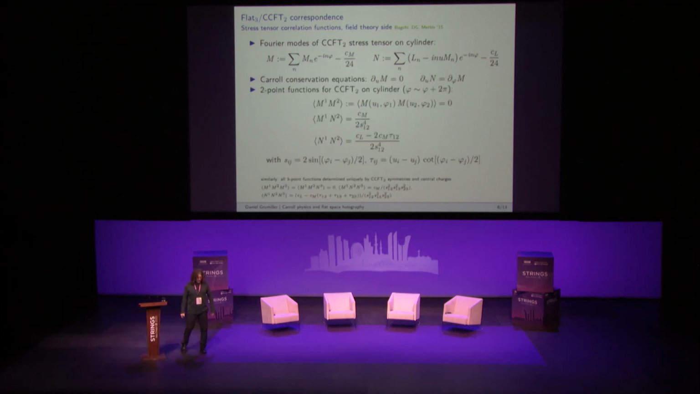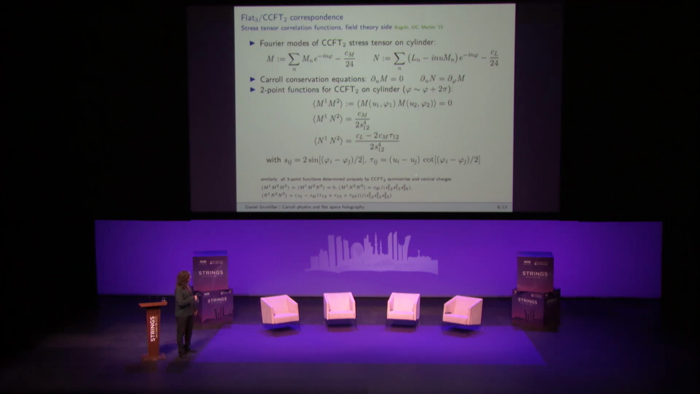Now, as a consequence of these Carroll conformal Ward identities, you get these results for the 2-point functions on the cylinder. So 2 super translations give a vanishing correlation function. By M_1, I just mean M evaluated at Carroll time u_1 and angular coordinate phi_1. Then the 2-point function involving 1 super translation and 1 super rotation gives a result that looks like a CFT result: C_M over 2 S_12 to the 4, where S_ij is 2 sine of (phi_i minus phi_j) over 2. And finally, the 2-point function involving 2 super rotations gives a Carroll CFT result, C_L over 2 S_12 to the 4,